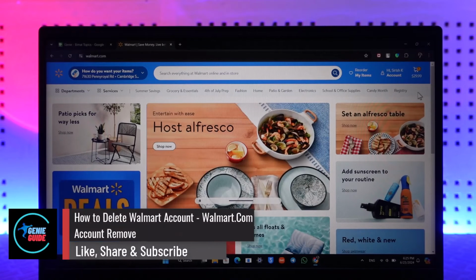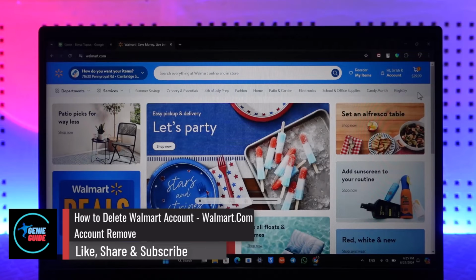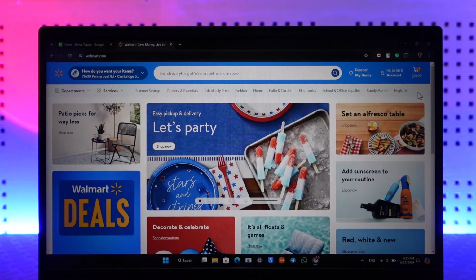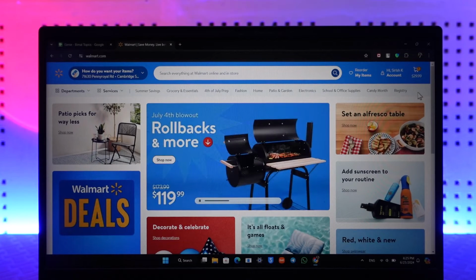How to delete Walmart account. So if you want to delete or maybe close your Walmart account, it's actually quite simple to do. All you have to do is simply go to walmart.com, and this is the kind of interface that you will